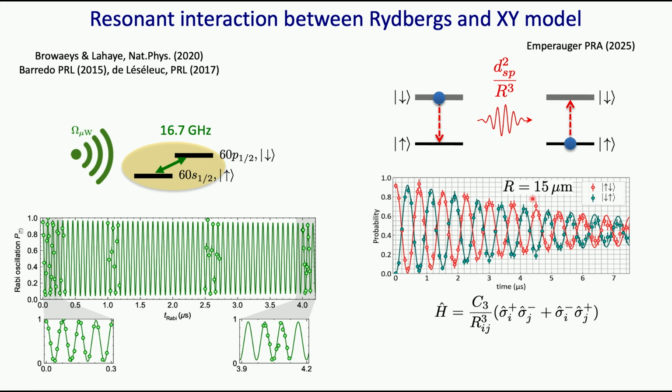Coherently is a bit of an overstatement. As you can see here, there is some damping, and the damping comes from the fact, essentially, that the atoms are not trapped when they are in the Rydberg state. So this is not an intrinsic limitation. It can be done. It just turns out that for simplicity, in our case, so far, we do not trap them. So this implements directly this sigma plus sigma minus Hamiltonian, this flip-flop Hamiltonian, which theorists usually prefer to write as an XX plus a YY Hamiltonian.